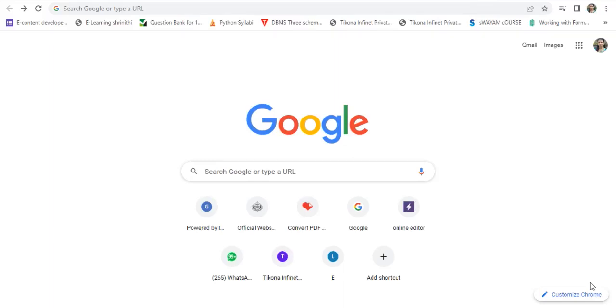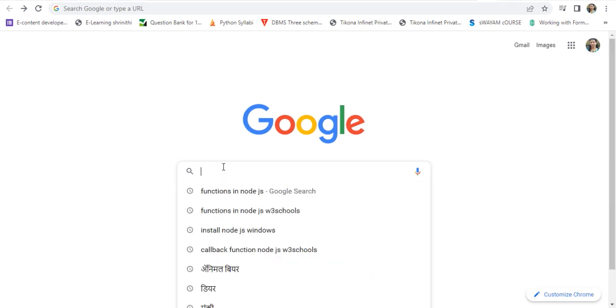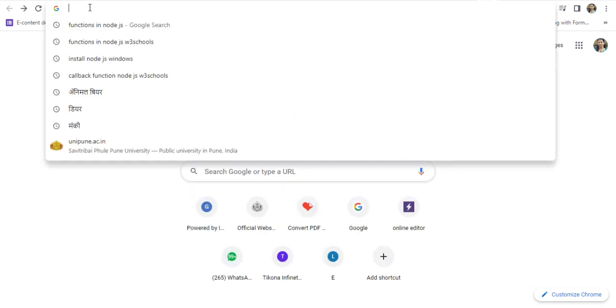In today's video, we will see how to install Node.js in Windows. So for this, you can type "install Node.js", or you can type directly here in a browser